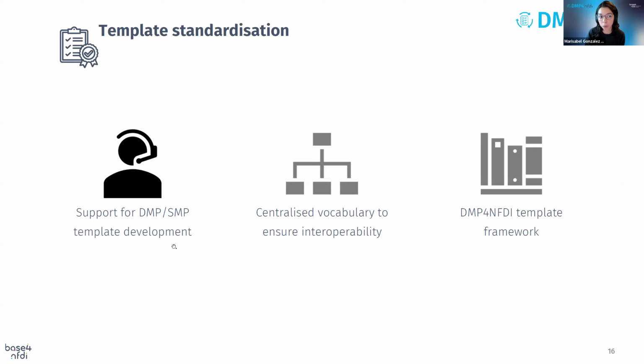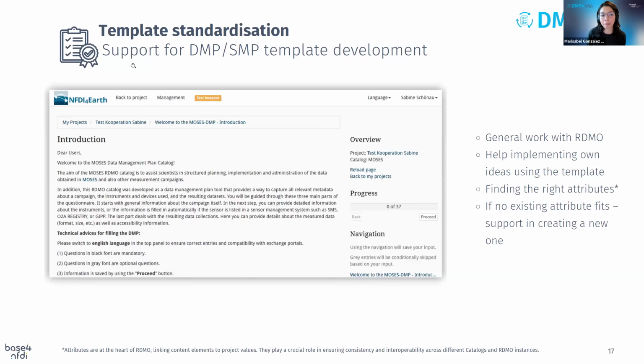Our second area of support is template implementation, and here we offer support for template development. I'm going to come to these other points later. Our support for template development includes working with a person responsible in the consortia for DMPs to understand RDMO first and to implement it, to create together these DMP catalogs that could later be available for the community. And in general, working together to achieve this